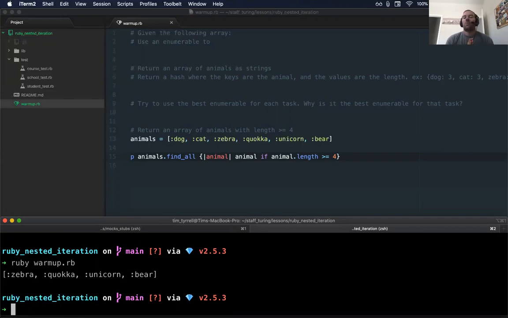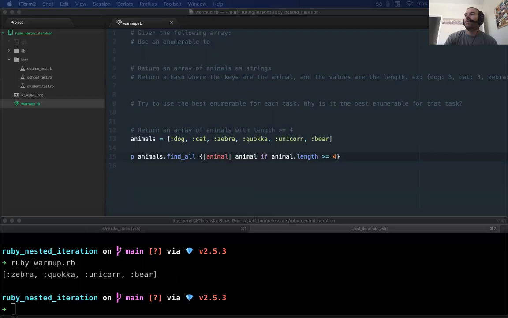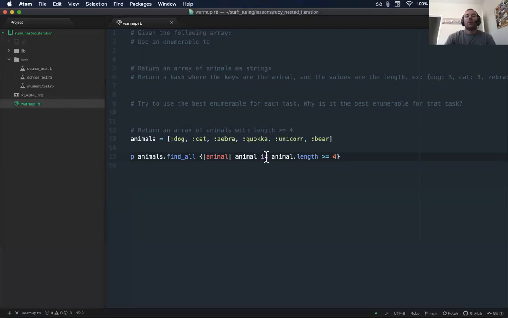However, there is one thing I don't love about this implementation. Does anyone want to point out what it is if you think you know what it is? Yeah. Was that Leah? And what'd you say? Sorry. The if, couldn't you just do animal.length? Yeah, so what I don't like is this if statement here, so animal if,